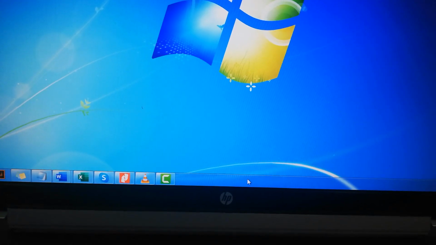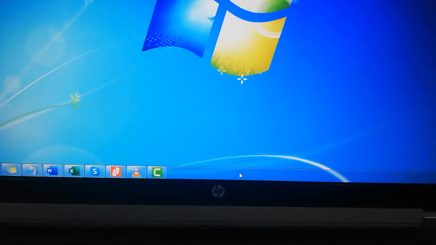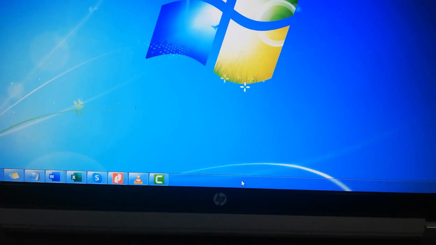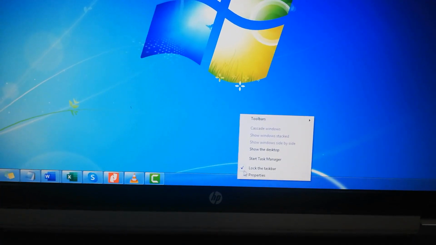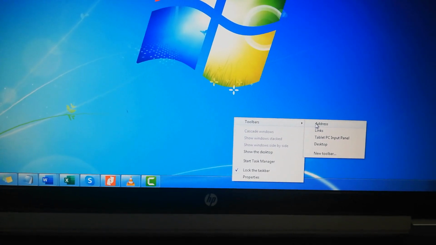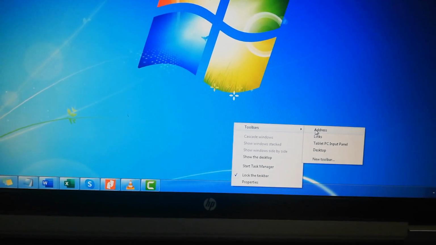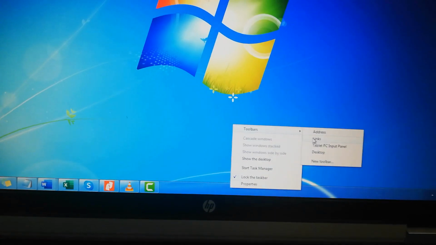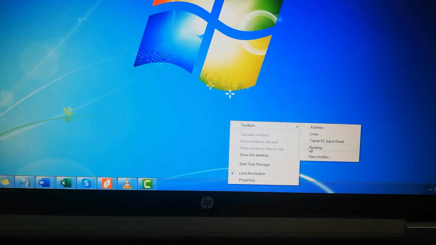Here is the desktop screen, and it is the taskbar. Now right click on an empty area. Here you can see the toolbars. You can see the list of address, links, tablet PC input panel, desktop.